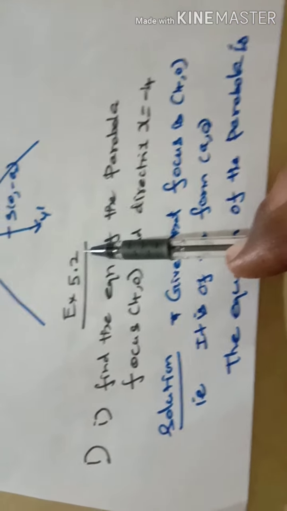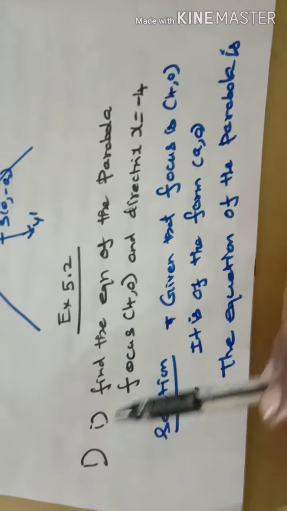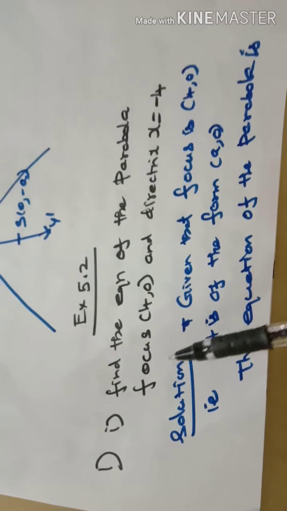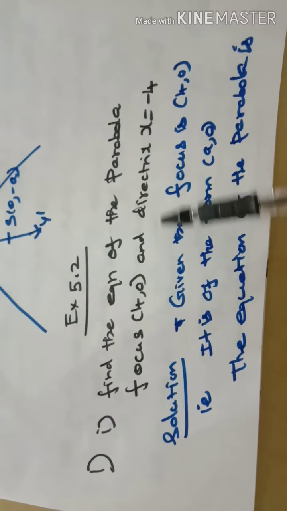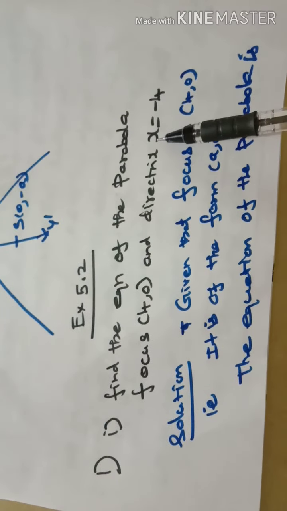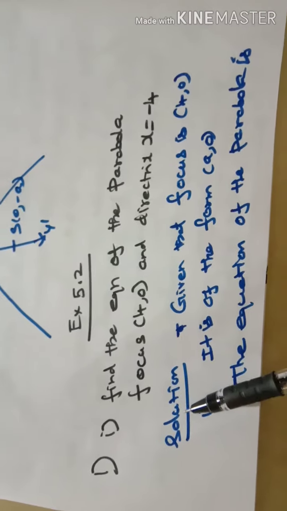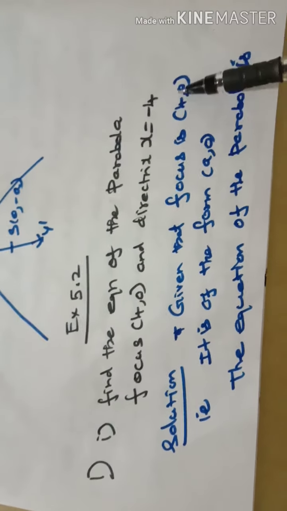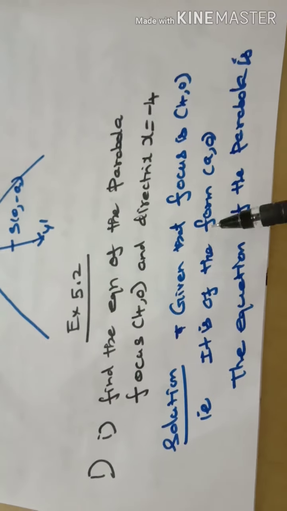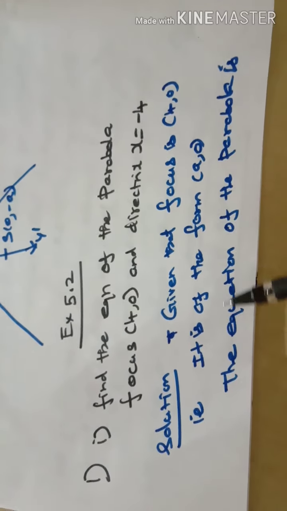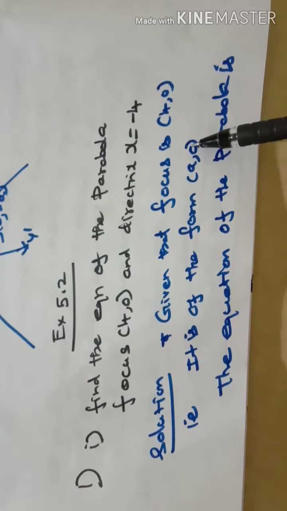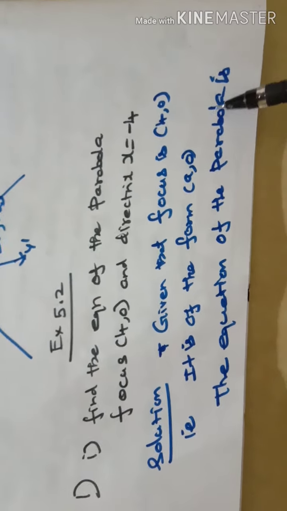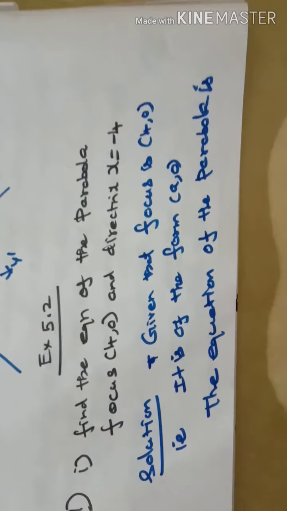Exercise number 5.2. The first problem: find the equation of the parabola. Focus is (4, 0) and directrix is x = -4. Solution: we have given that focus is (4, 0). It is of the form (a, 0). Therefore, the equation of the parabola is of the form